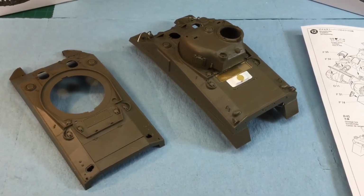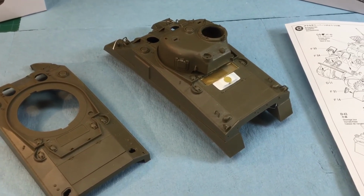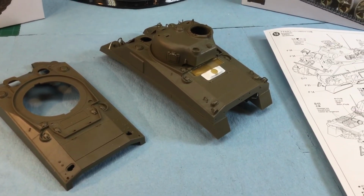As you could probably tell right now, I really like my Sherman tanks, and I really want to keep the Sherman tank builds going, because I got so many of these tanks that I want to get built and completed